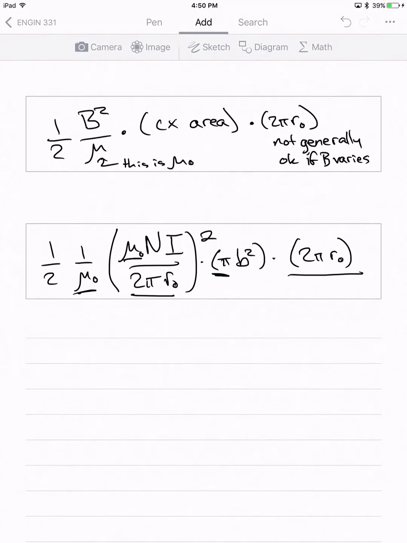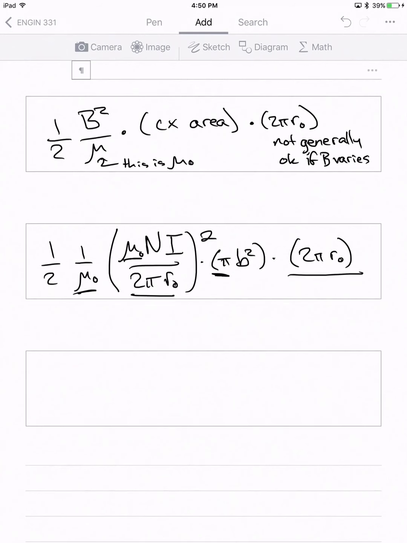And in the end, what we are going to end up with is mu naught N squared I squared b squared divided by 4 r naught,